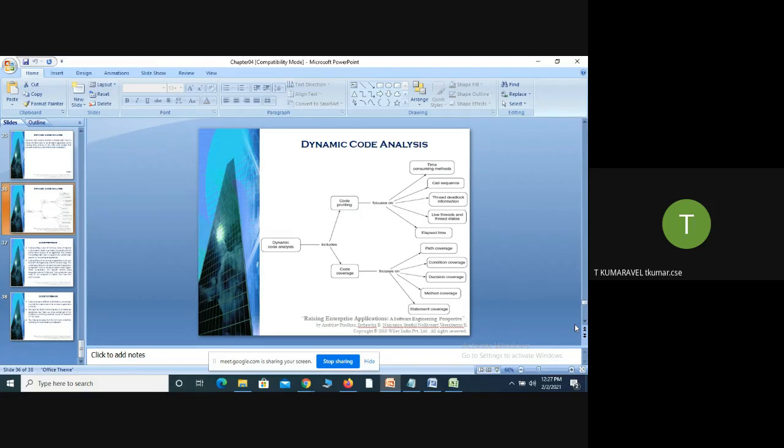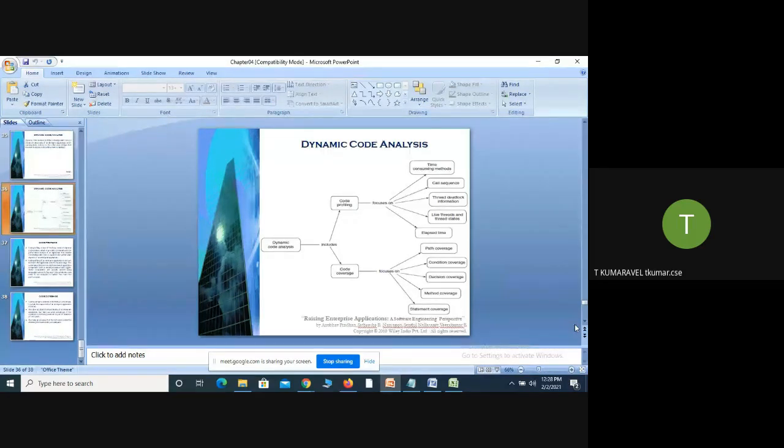If you apply condition coverage, it will check the Boolean conditions within the source program. Suppose n number of conditions are available, how many of the Boolean expressions are tested? That is called condition coverage.